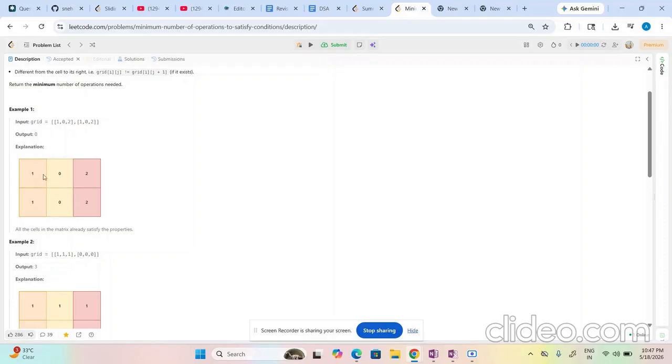So if it should be different, it could be from 1 to 9, as the range is from 0 to 9, right? So we can't take 0 here, so we can take from 1 to 9. Okay. And then if we select here 0, then this is the possibility. If we select here 1, then what is the possibility here?